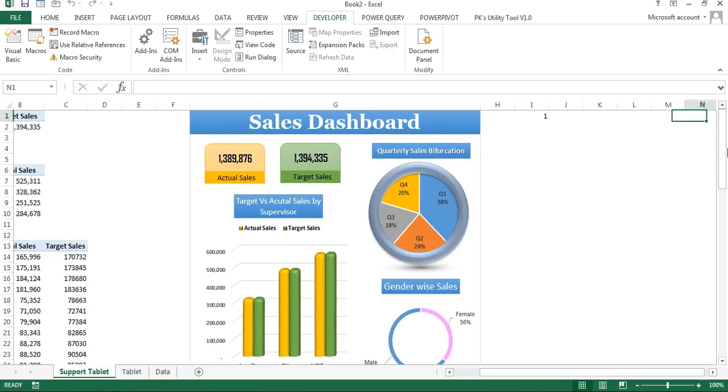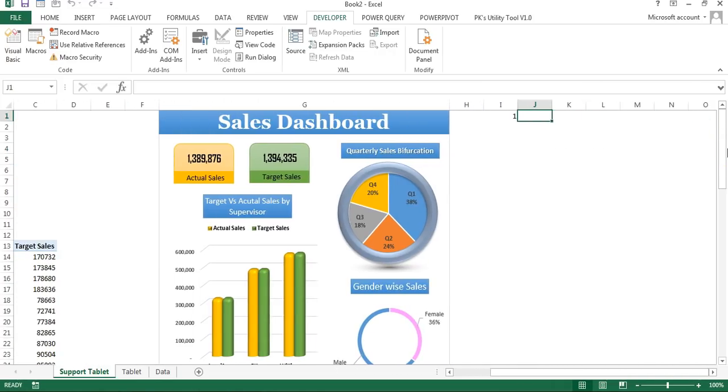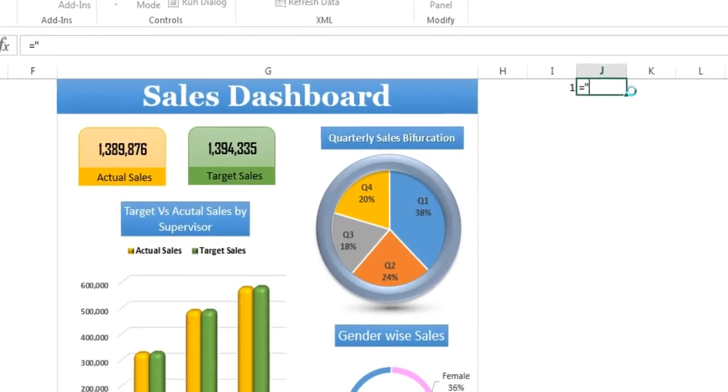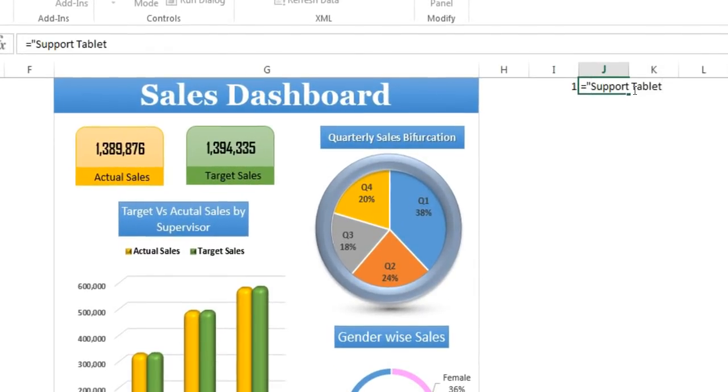Now I'll tell you, here we will create the dynamic range. To create the dynamic range, we will use the sheet name. This sheet name I'll use here, equal to, and then I'll create a formula. So in the inverted commas, we will put this sheet name. Since we have a space in this sheet name, that's why we have to put this single quotation sign like this. And then I will put here an exclamation sign, and then I'll use column G1 to G16. Okay, and then press enter.